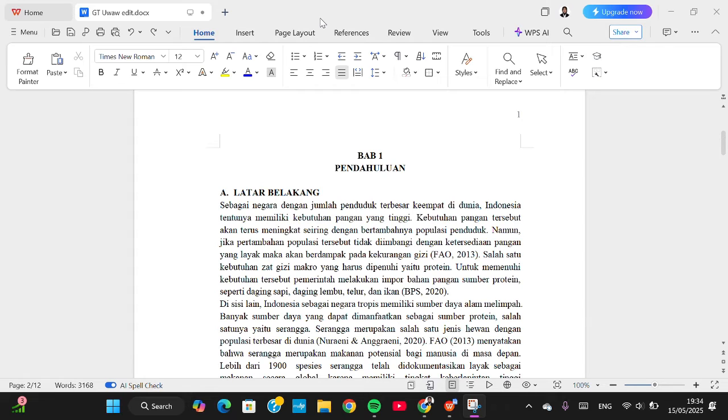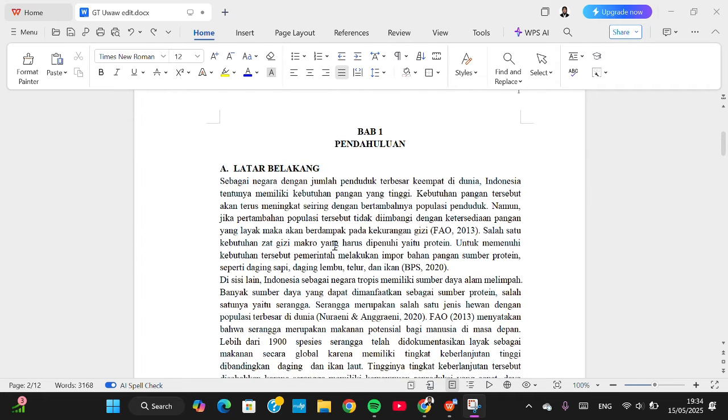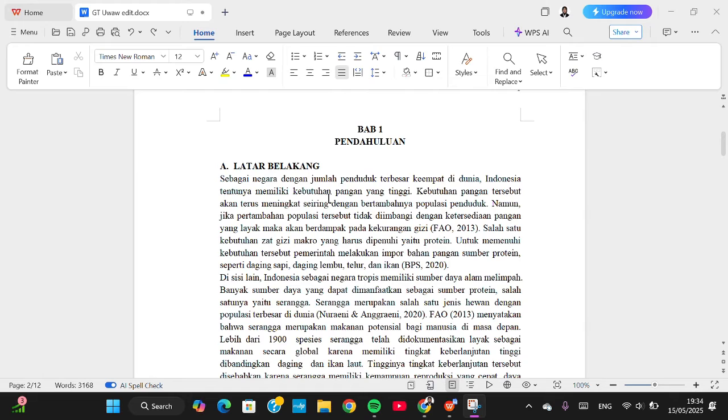In today's tutorial, I'm going to show you how to apply a hanging indent in WPS Office Word. Okay, let's get started. Here I have opened my document in WPS Office and I'm going to apply the hanging